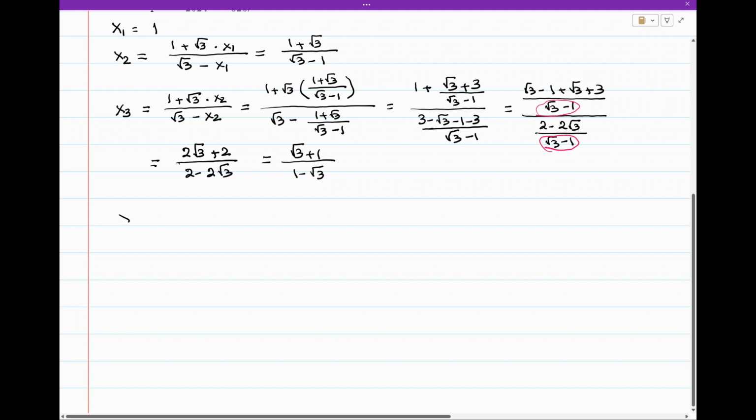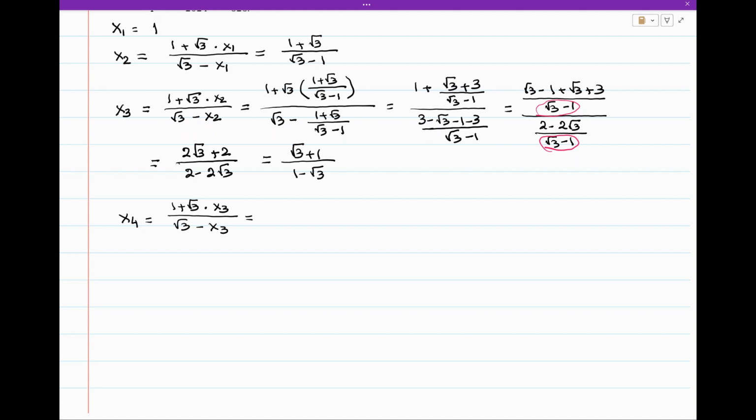Similarly, x4 will be equal to (1 plus square root of 3 multiplied by x3) divided by (square root of 3 minus x3), and that is equal to 1 plus square root of 3 multiplied by x3 value, which is root 3 plus 1 divided by 1 minus root 3, we have just now found it out, whole divided by square root of 3 minus again root 3 plus 1 divided by 1 minus square root of 3, and that is equal to